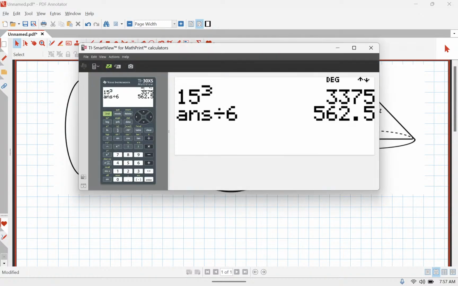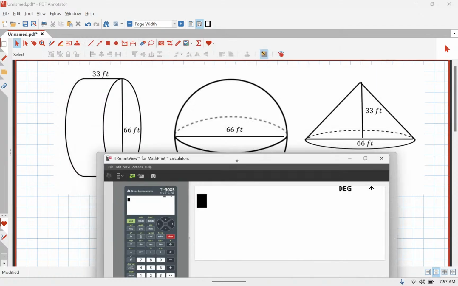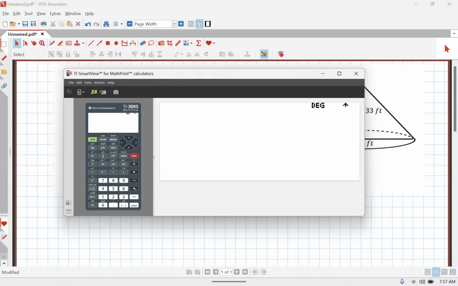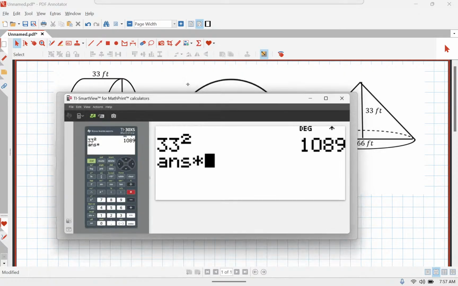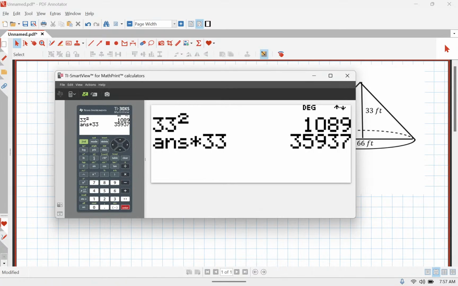Okay. Whew. All right. Okay, here we go, guys. So we're going to do 33 squared, which is 1,089. And what would you do with that number? Right, multiply by the height of the cylinder. And that's